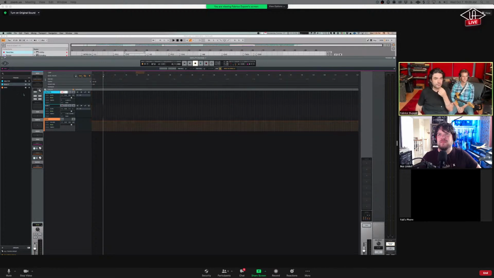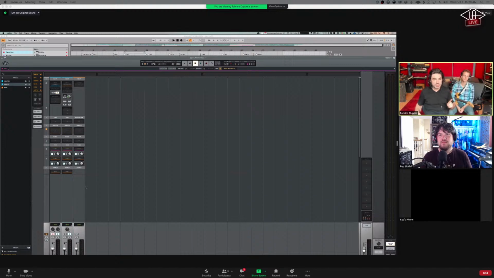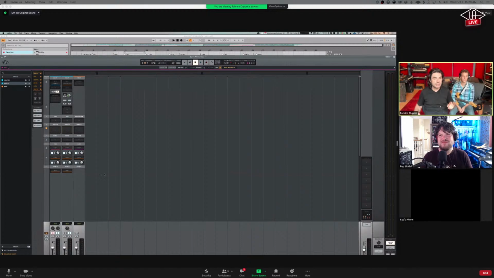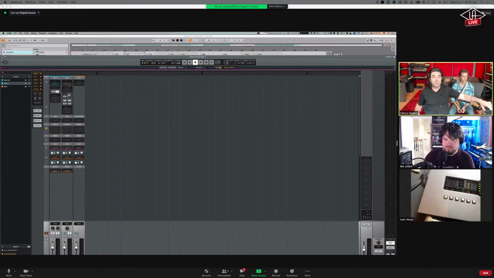And put him on input, and it's important that you understand that you have to be in ARM, real-time monitoring, so that you can get all the benefits of no latency. When we were making sure that everything worked earlier, I said, do you have latency? And he was like, no, none. He's plugged into the high Z input, the DI input of my X4, right here.